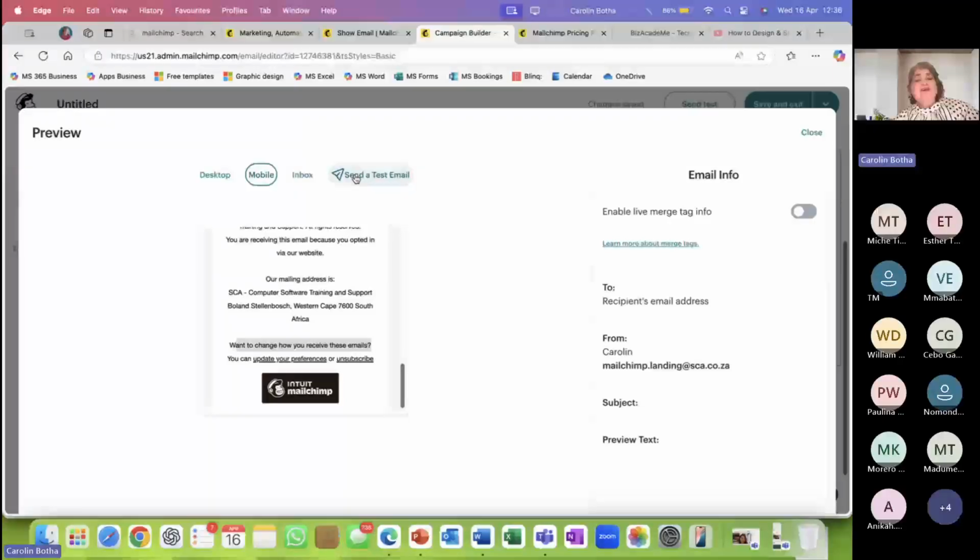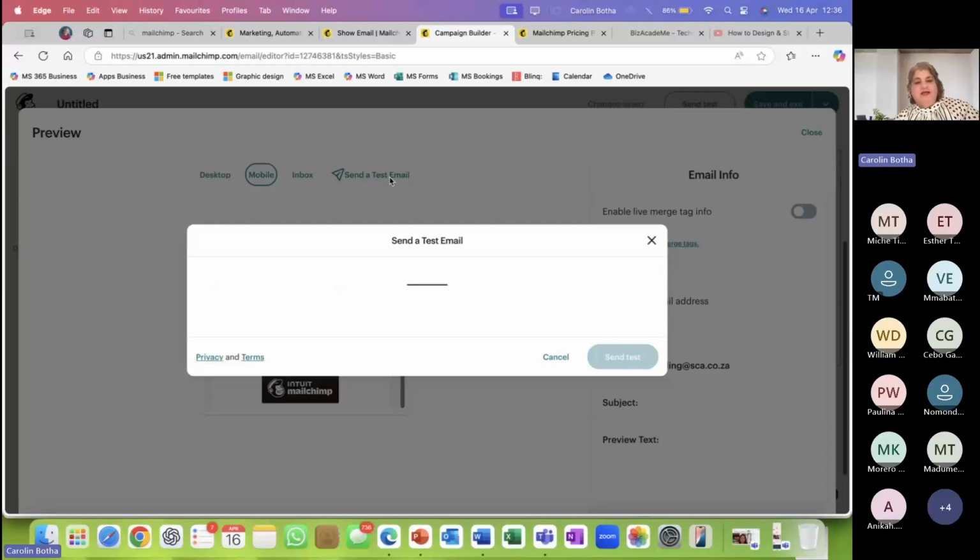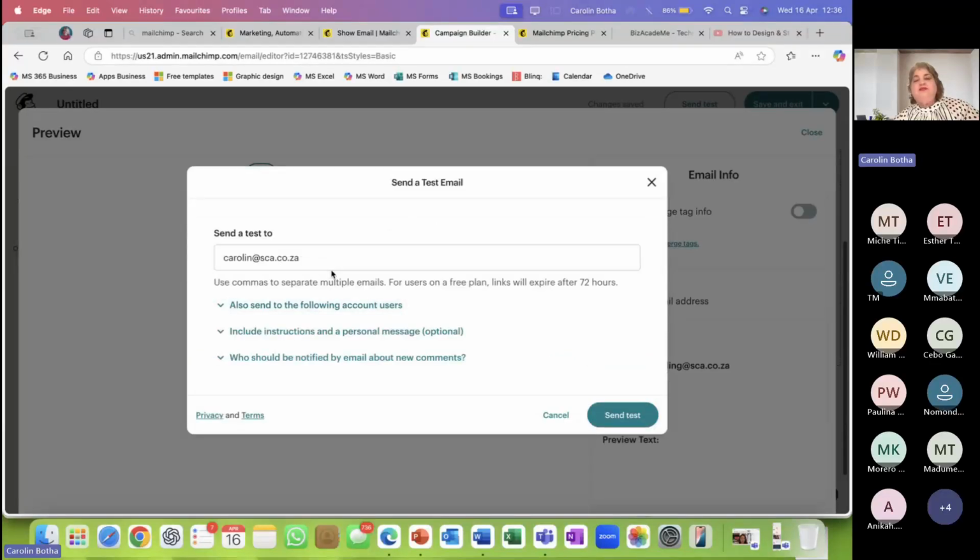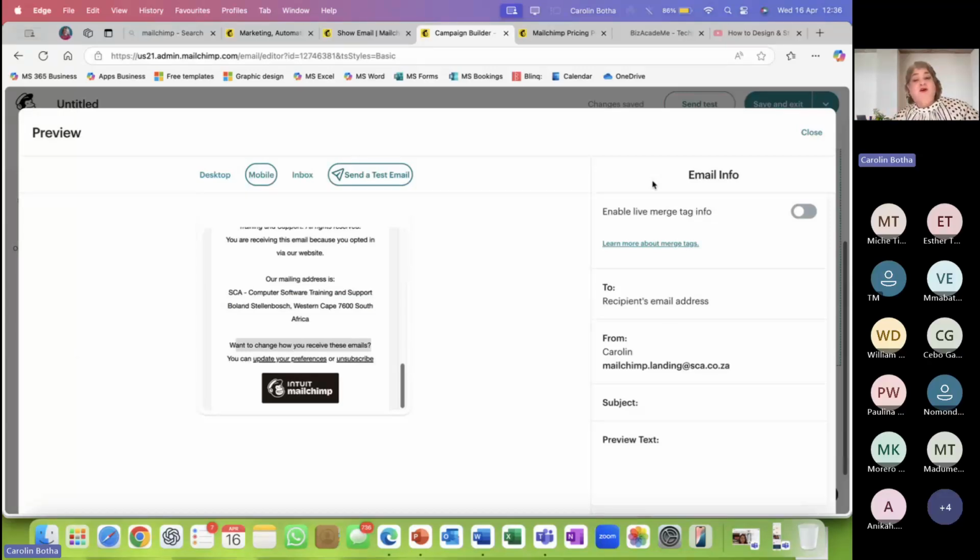You can even send a test email to yourself or to anybody. You'll notice here you can put in an email address. You can maybe send it to a friend or a colleague and ask them to open it and see what it looks like. Maybe it looks a little bit different on your side. It shouldn't though, but you'll never know. If you're serious about this message that you want to bring across, test it. Keep on testing it until you send it out.